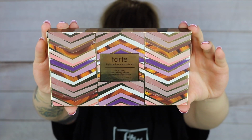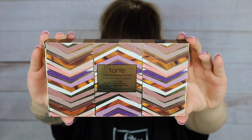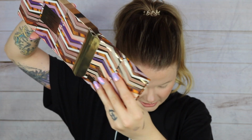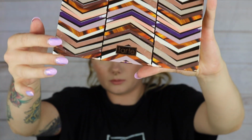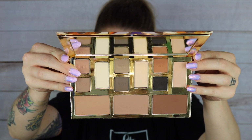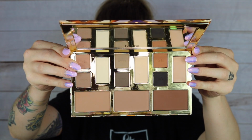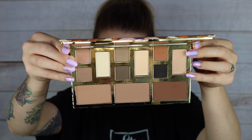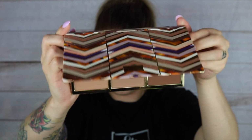And then lastly, the big ticket item inside the box is the Tarte Clay Play Face Shaping Palette. This really is a large ticket item, and it has a retail value of $45. Ooh, there goes the sheet. And here is what the palette looks like, and you get a really large sized mirror inside of it as well. There are 12 shades inside, all are matte, and actually each...